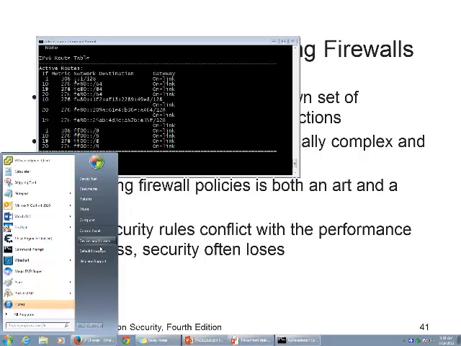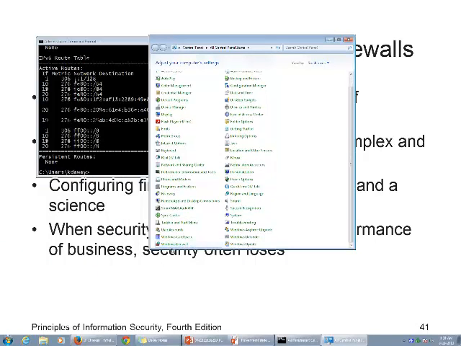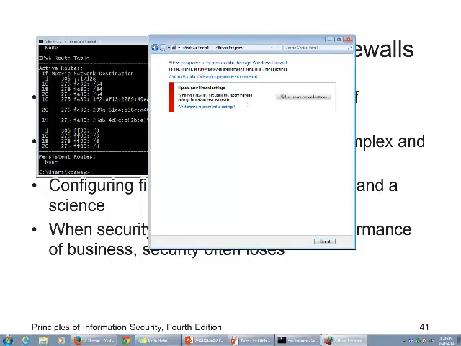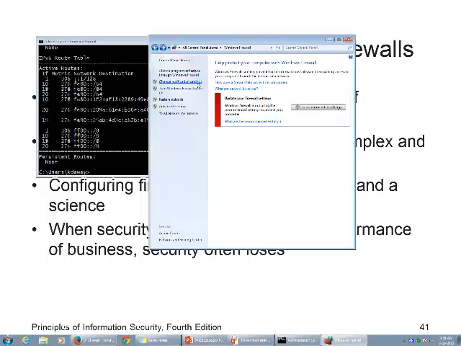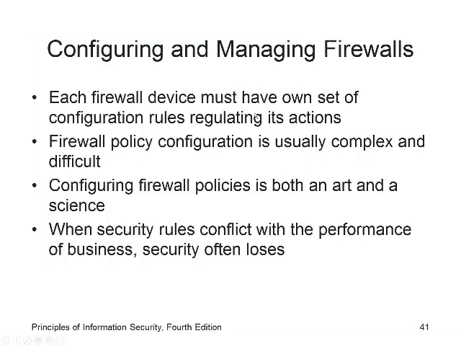Doesn't Windows have a firewall? I think it's turned off on our machines. Hold on. There it is, Windows Firewall. Actually our firewall is off, and I probably won't be able to get into ours. Oh, no, they block ours. I can't get in there. They don't allow us into ours. They handle it at the domain level, so that's a little bit tough. But in one of these classes you'll be able to see. All right, so I'll have to show you another time.